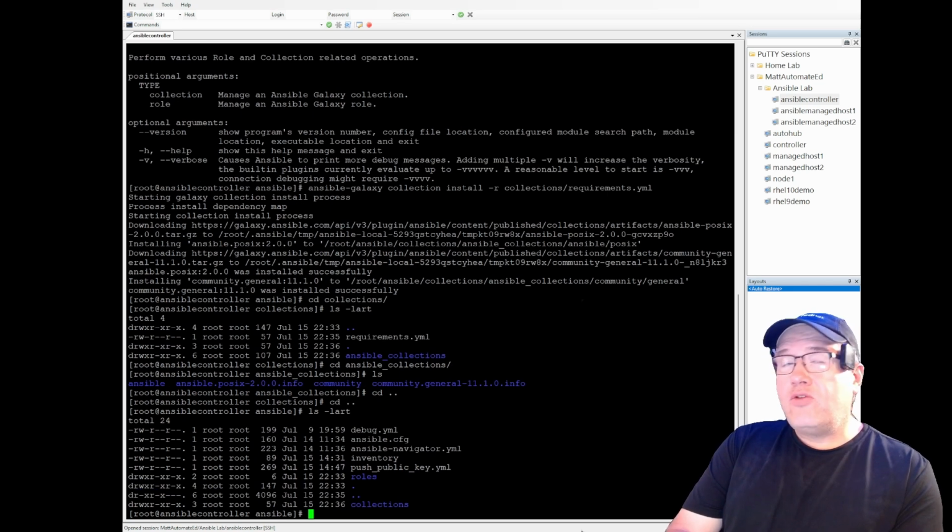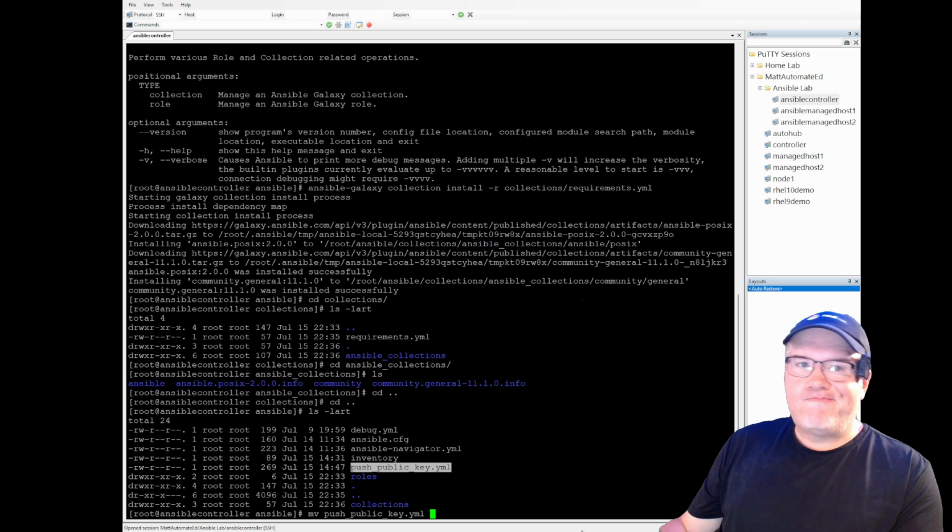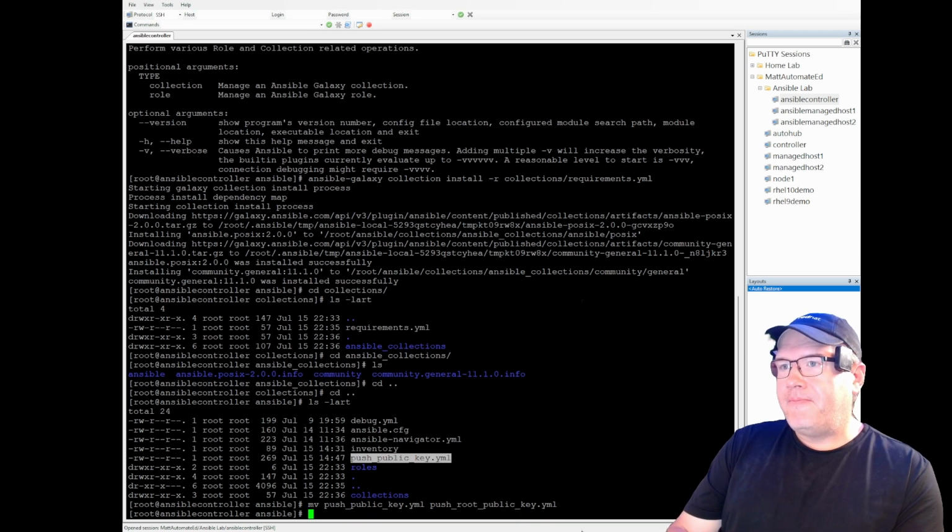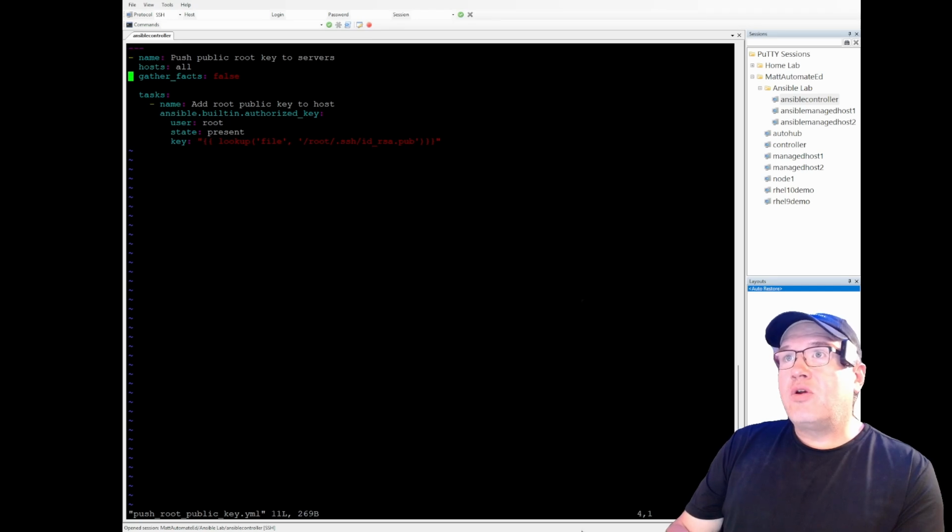And now we're going to rename the push public key to push root public key. Then we're going to edit it, and we're going to change the builtin to posix. And again, if you wanted to see the documentation for this,